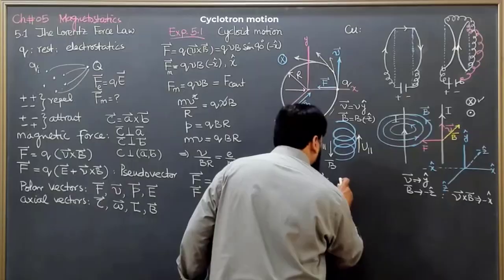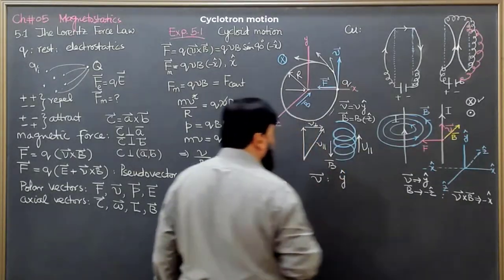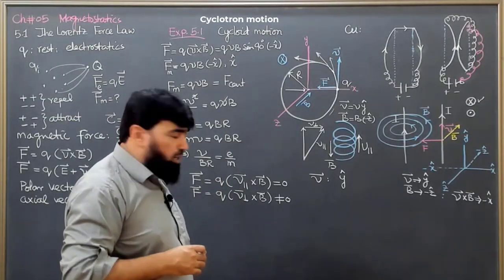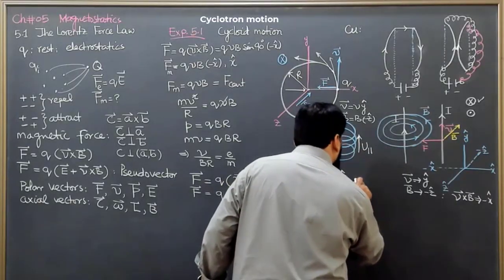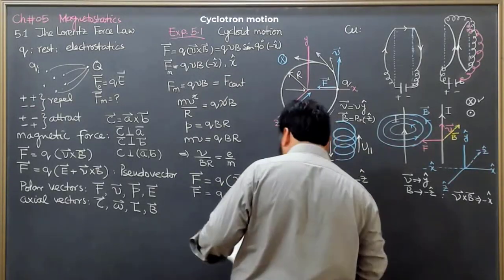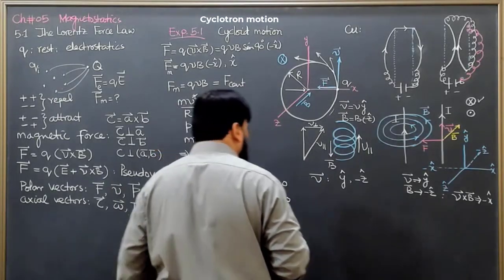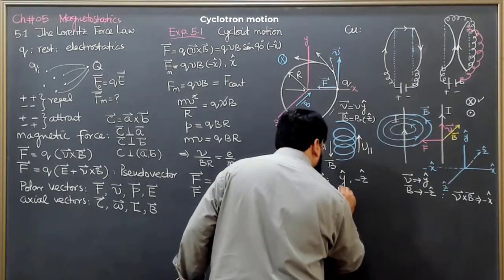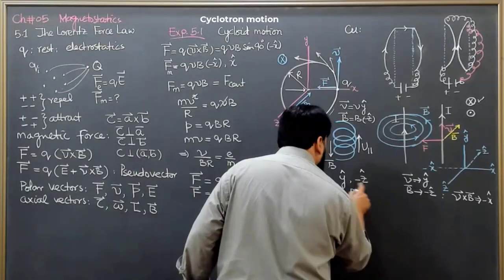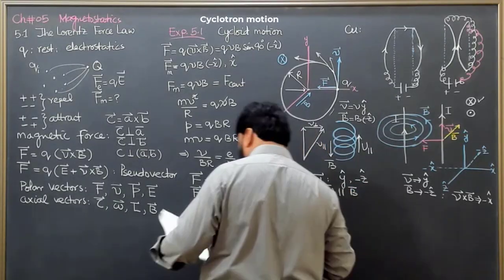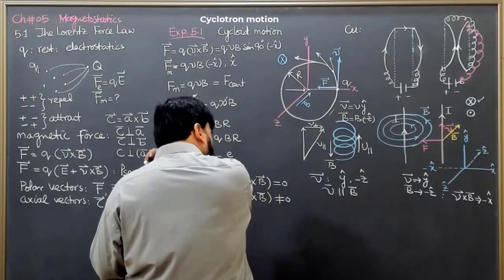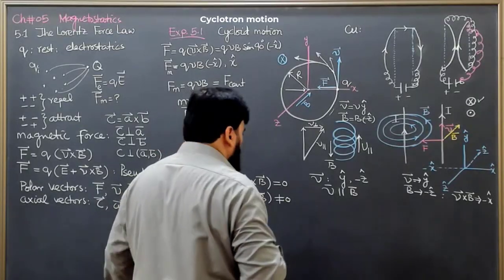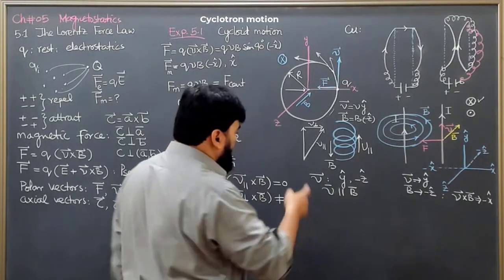If, for example, V is in the Y direction, means it will be along the Y axis, that is one component, and the other component is along the magnetic field, in the z direction, which is the parallel component, v parallel to b, or the component in the minus b direction. Then this v perpendicular will create circular motion,